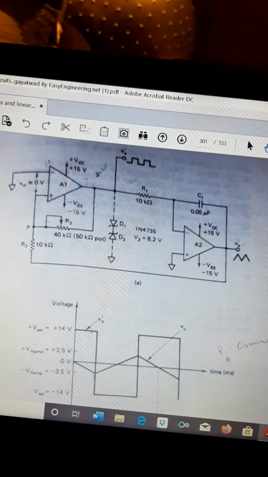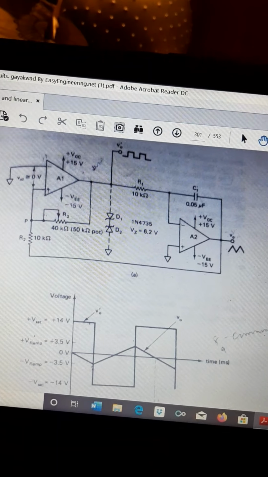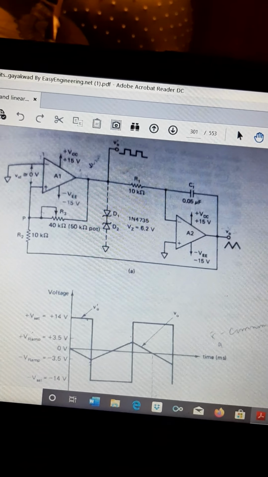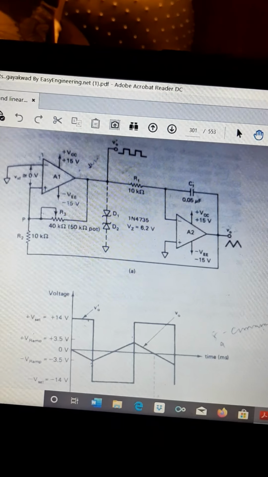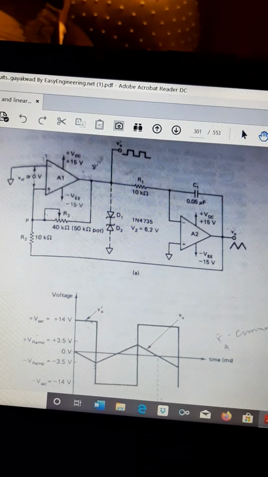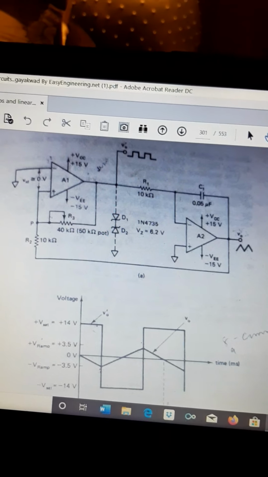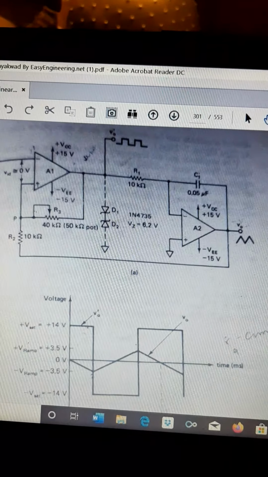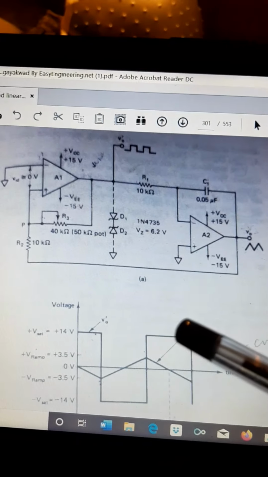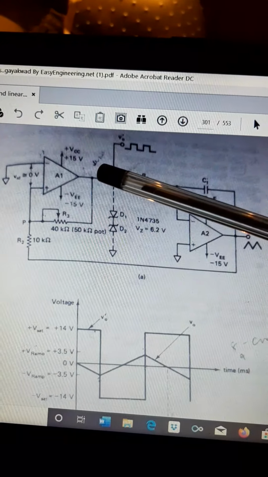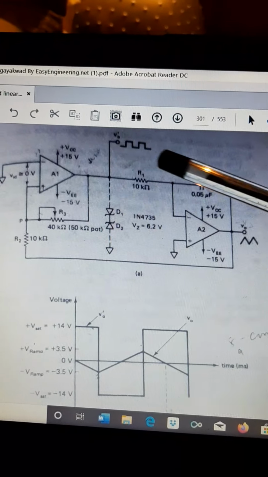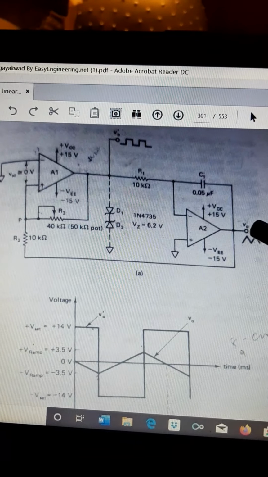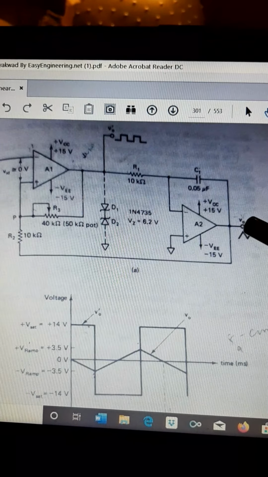Once more I will tell that the first comparator works on the potential at P. When P is slightly greater than 0, it becomes plus Vsat. When P is slightly less than 0 volt, it becomes minus Vsat. So here, when the comparator output is plus Vsat, the integrator output is a negative going ramp,